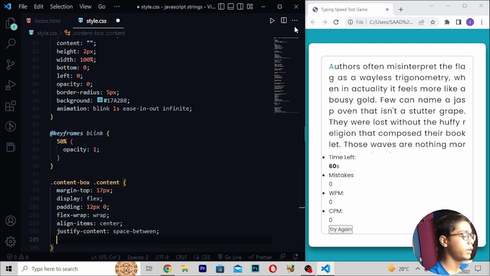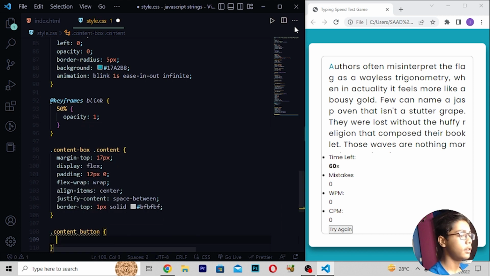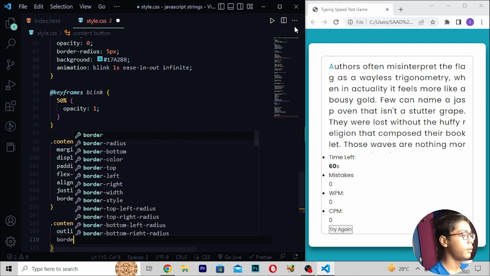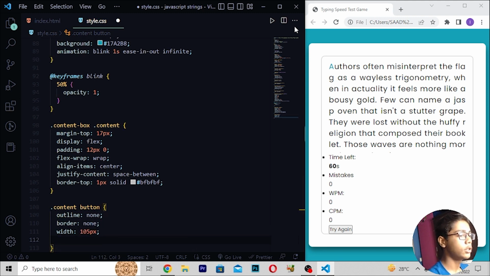Then I will be now moving down, right here border top 1px solid, then I will be writing BF. Then you have to write .content, right here button, then write outline none like this. Here I will be writing border none, then right here width 105 pixels, so here I will be writing. Then I will be writing here a tag which will be like color of text should be white.